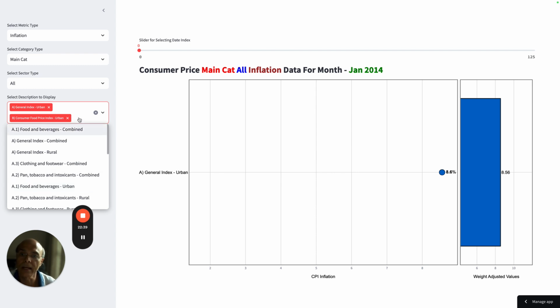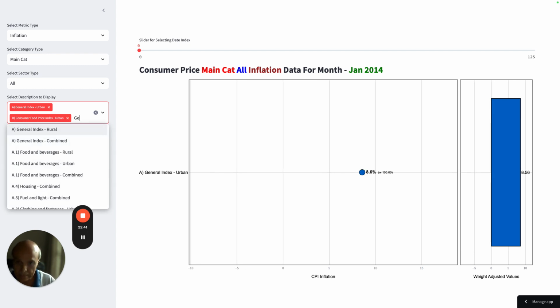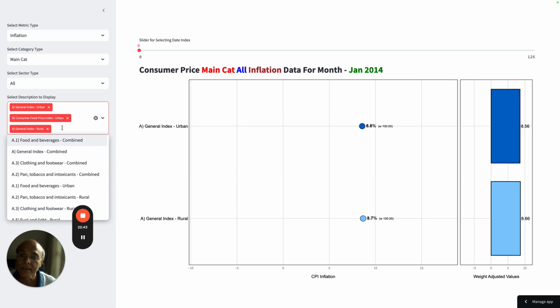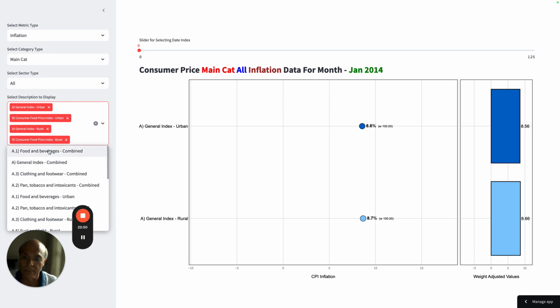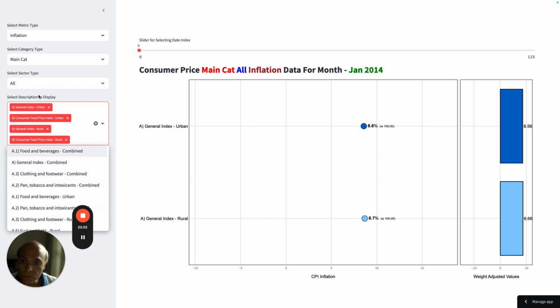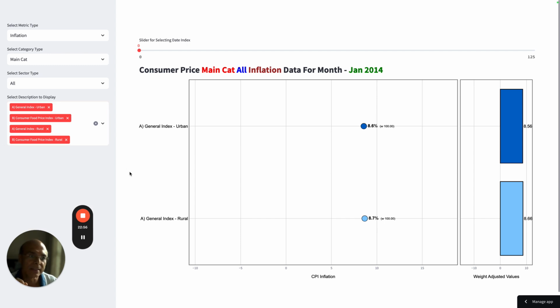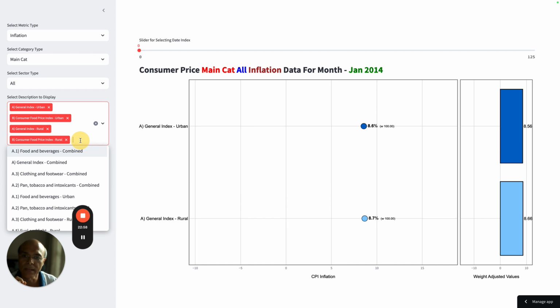Then I choose general index rural, and then the consumer food price index rural. Now mind you, the manner in which you choose these values determines how they get displayed.